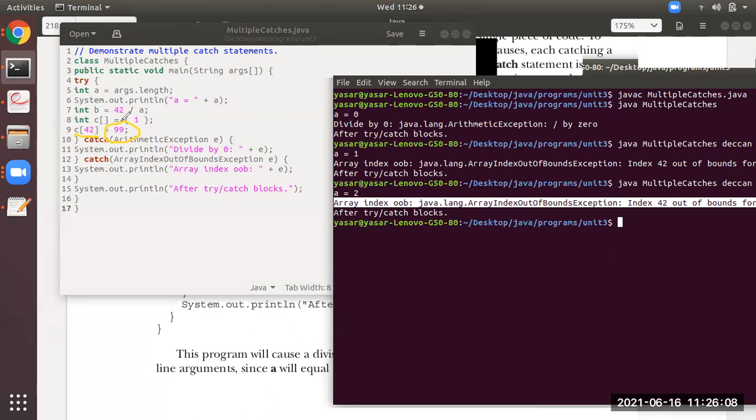But what is the 9th line doing? Directly, it is assigning 99 at the 42 position. So that is wrong again. That is one kind of exception. What kind of exception? It is index out of bound exception. From the 9th line, it will throw the exception, and this catch will try to catch it. But this is not the exception this catch should catch, because this catch is responsible to catch arithmetic only. So it will skip this catch, and the next catch will try to catch it.